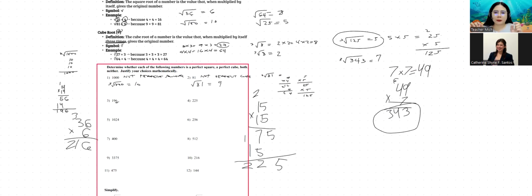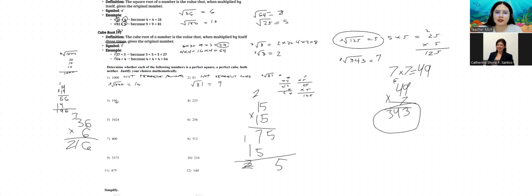Now, Kate, from these numbers 6 and 7, do you think that 225 is a perfect cube? Yes or no? When you multiply 6 3 times by itself, the result is 216. When you multiply 7 3 times by itself, the result is 343. Now, Kate, I'll ask you, is 225 a perfect cube or not? Not. Okay, very good. That is not a perfect cube since that is between the two integers and they do not result in 225. So again, 225 is just a perfect square but not a perfect cube.